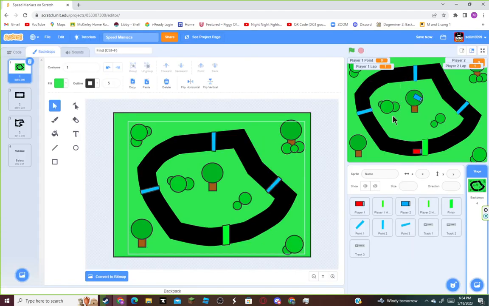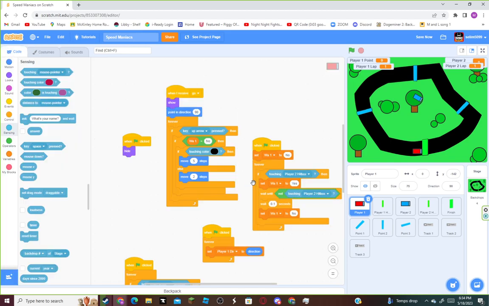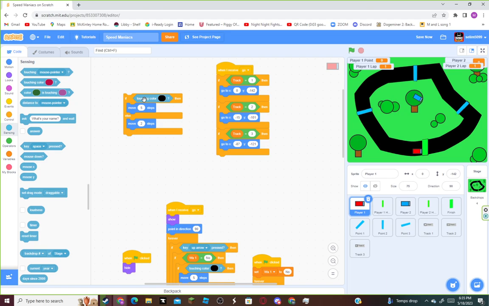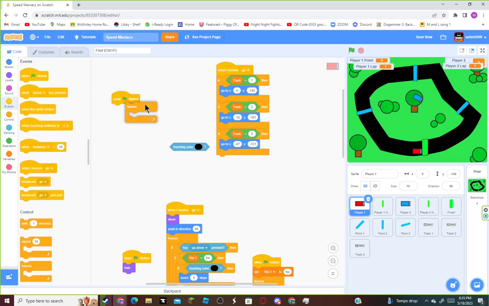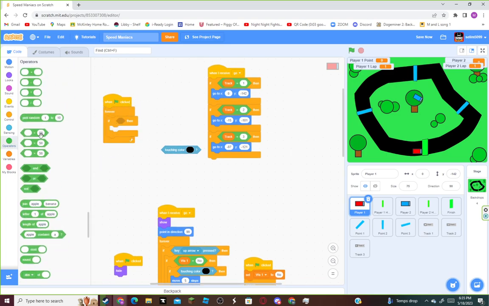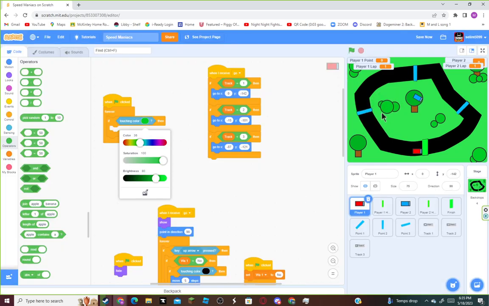Now we got a nice little area. I also want to make it so that it collides, maybe. Can I make it so that it does that? Okay. Okay, if touching color, like that color,